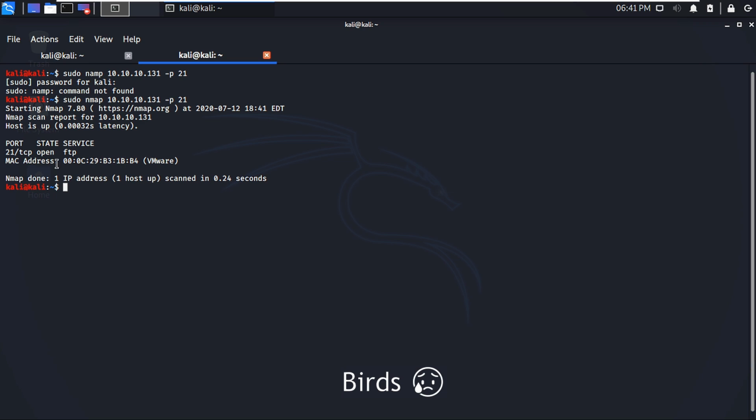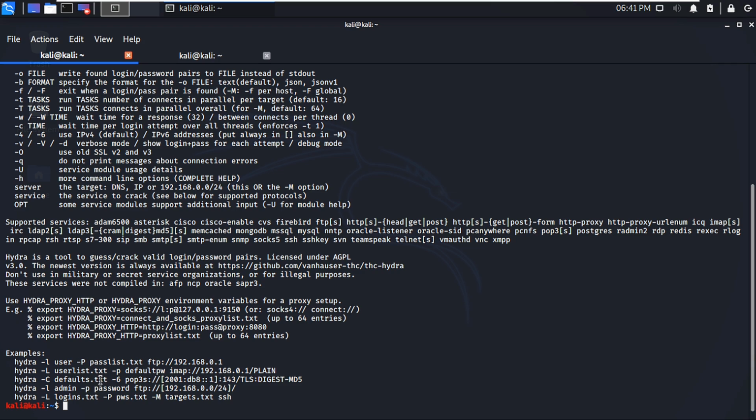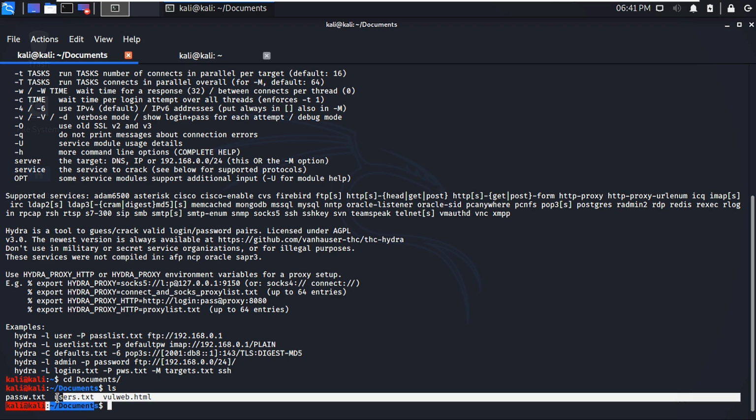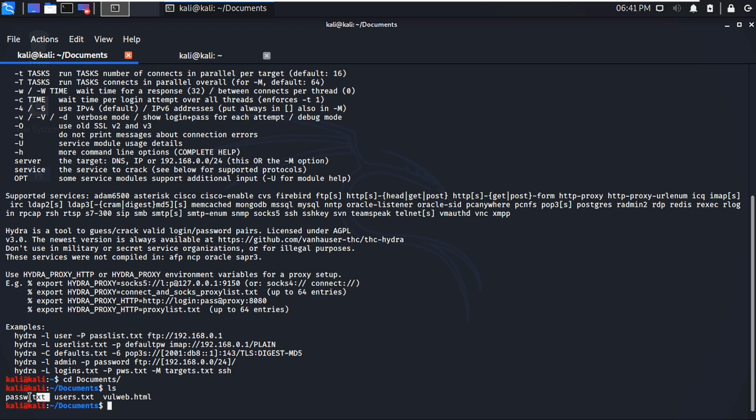So we are going to hack this FTP server using brute force with Hydra. I already have a list of passwords inside the documents directory, and here you can see I have a list of usernames and a list of passwords. Let us see what is inside of this.